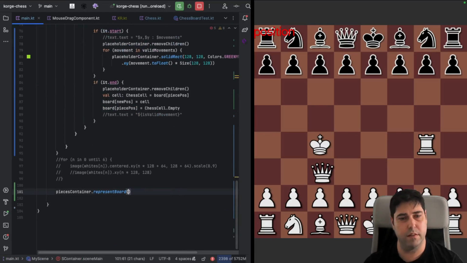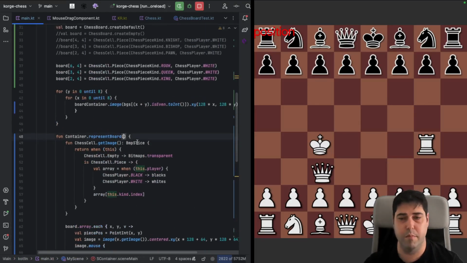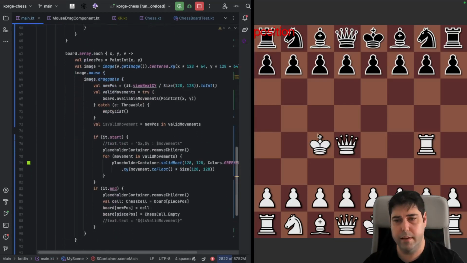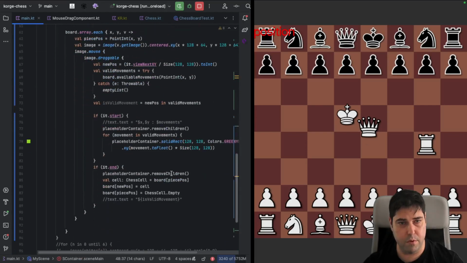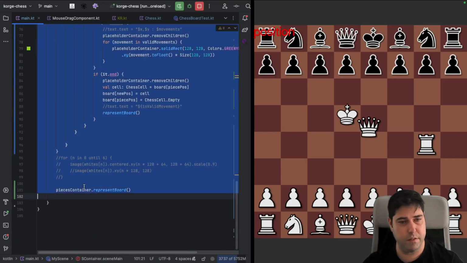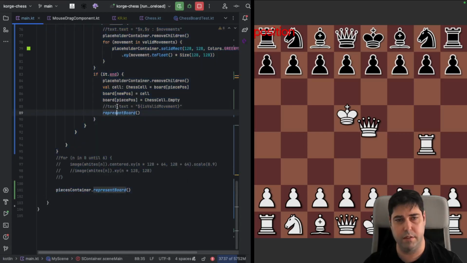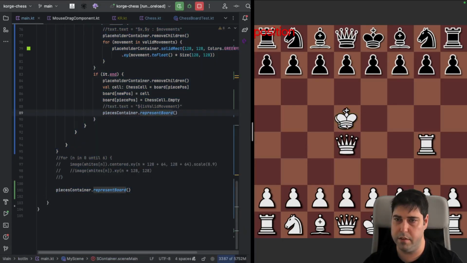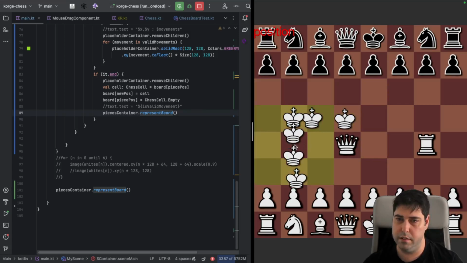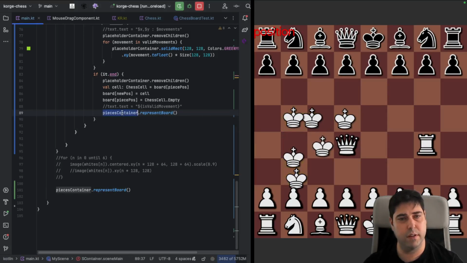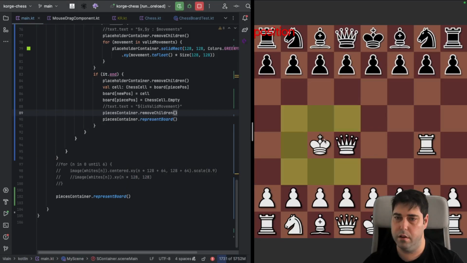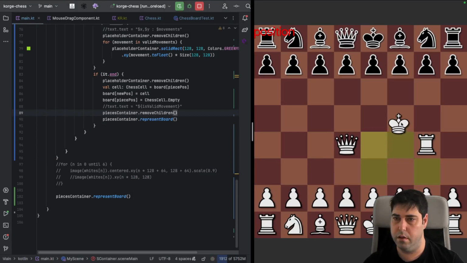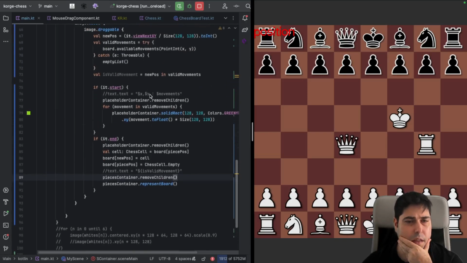We don't need to pass this anymore, because now this is a local method, but we can re-render this, represent the board in the pieces container. This is important, otherwise they will be placed in another place. Okay, so as you can see, we should actually remove the children from the previous container before. We have to,